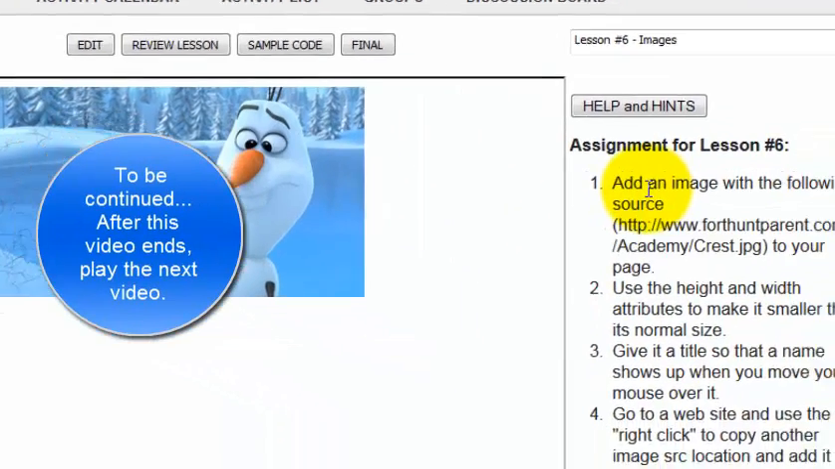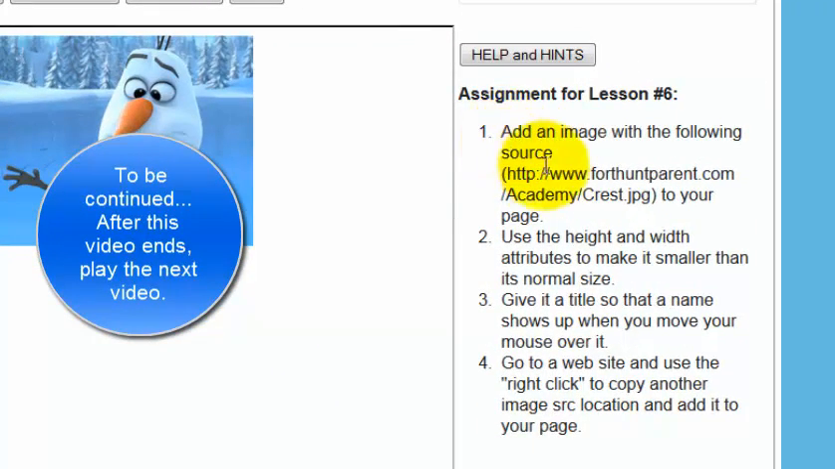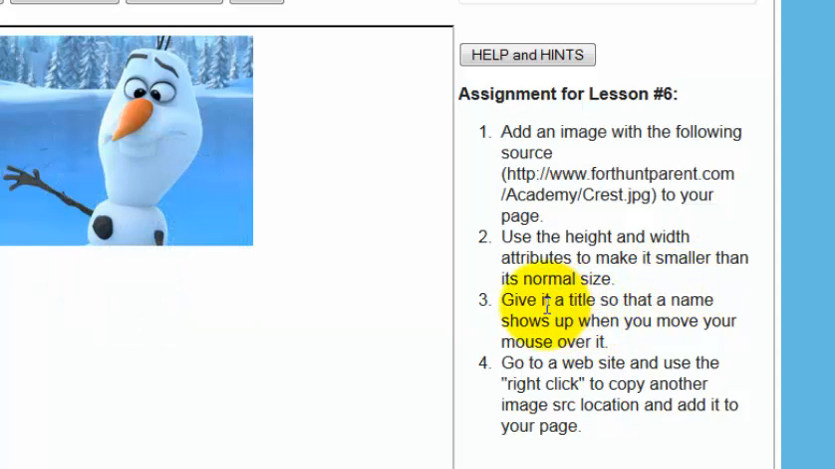All right. So those are the assignments that you want to do. First, add this image to your web page. Then use the height and width attributes to make it smaller. Then I want you to give it a title so that a name shows up when you move your